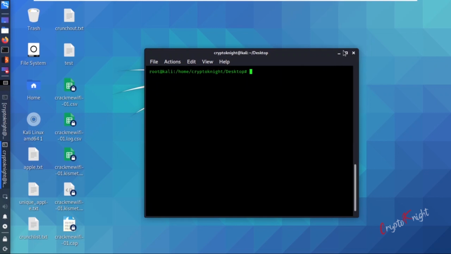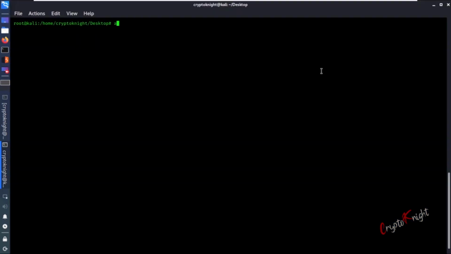Now let's see if we can crack this password. So we will be using the aircrack tool: aircrack-ng -w, and then give the word list. So the word list, I told you, is in /usr/share/wordlists and rockyou.txt. Next comes which file we want to crack. That is in home, or else I could have given it directly, since I am in this desktop only.